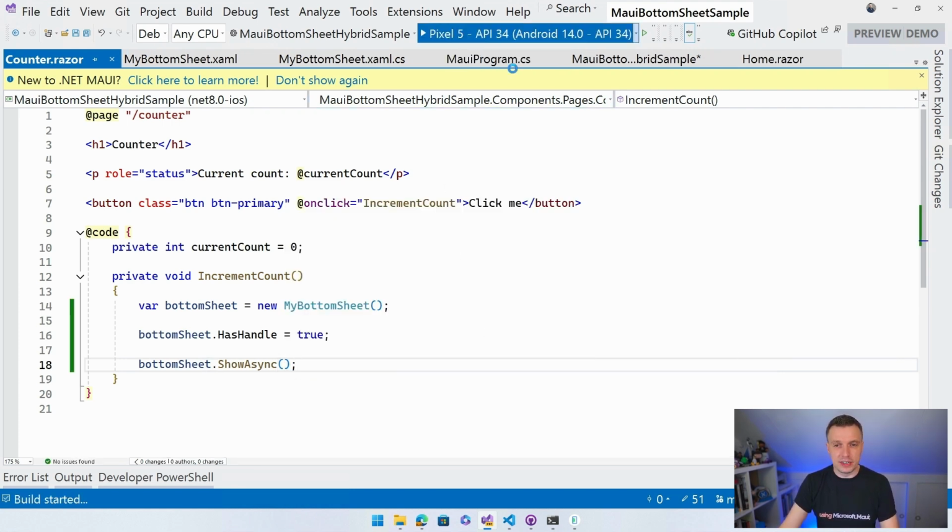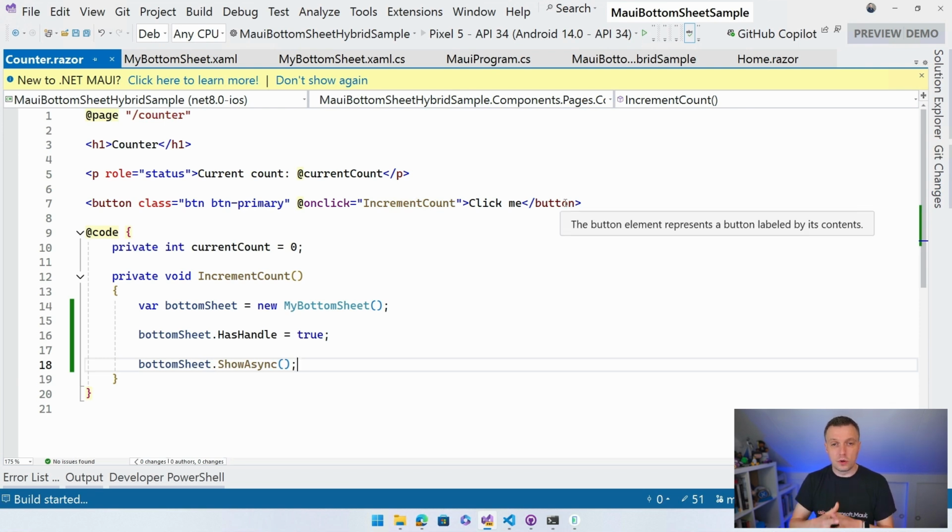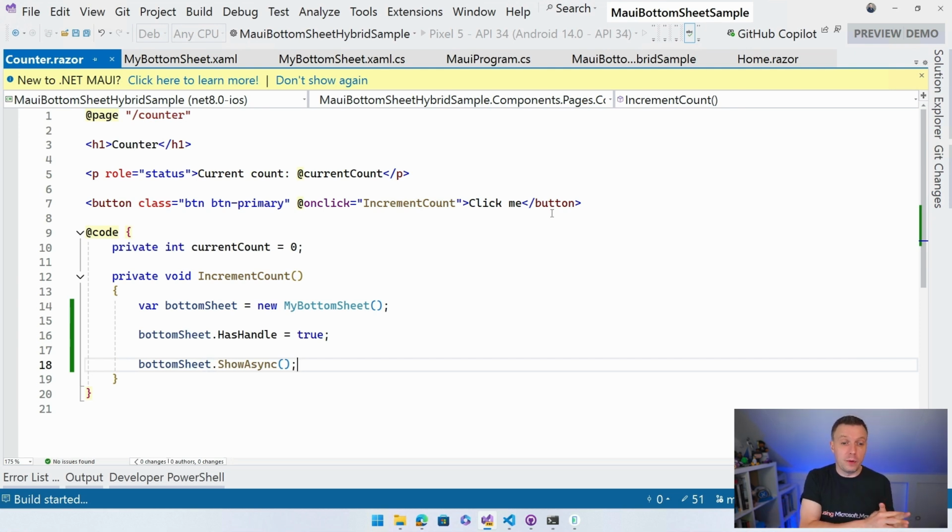So if I deploy this again, it should just go to the counter page. We click the button, and instead of incrementing, I'm going to show this bottom sheet, which is now native .NET MAUI stuff, and that translates down to native Android stuff. And it's going to show that from my Blazor hybrid application. So here is where we can connect the two worlds.